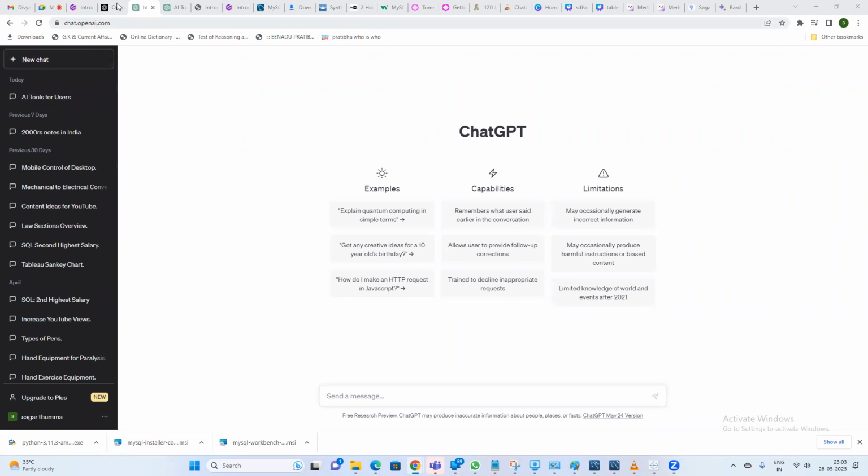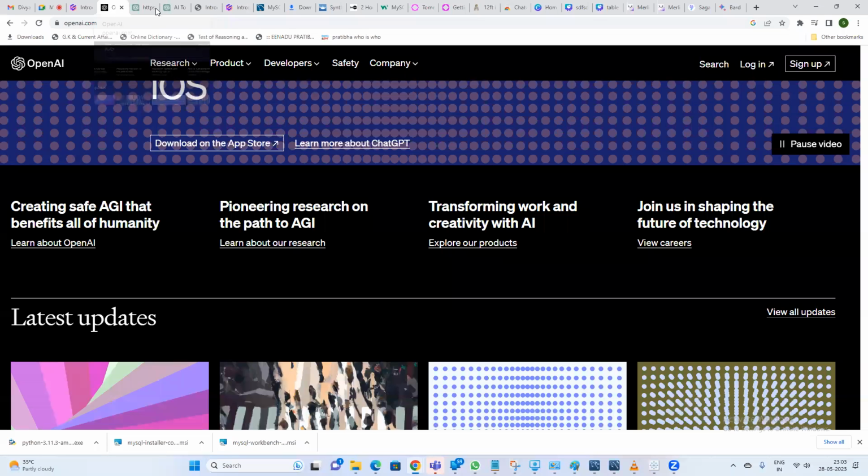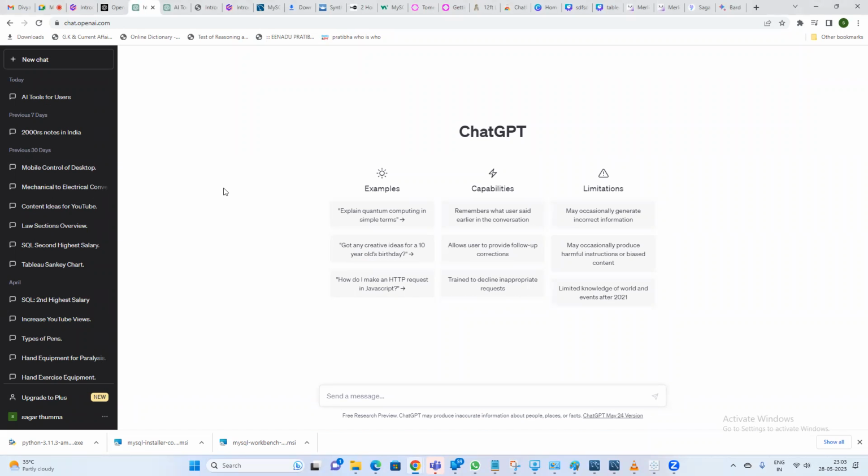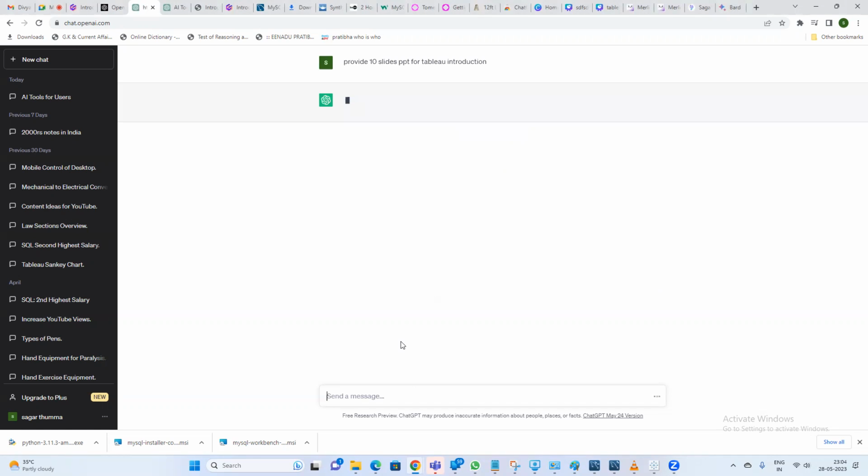Okay, so how can we use ChatGPT in Tableau, like to create Tableau scripts and all. If you have any questions related to Tableau or SQL, we can type in our questions. And let's say if I want to create some introduction slide for Tableau, let's say: provide 10 slides PPT for Tableau introduction. So if I give something like this,